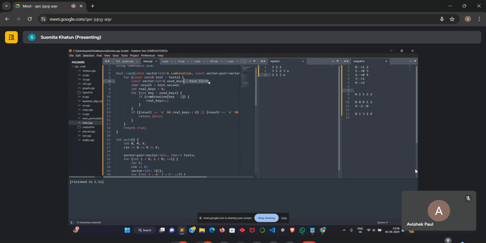So in order to access that, we will make one array named used key, and we will store that possibility in it, and then we will make another variable, result, and we will store whether the door opened or not in result. Okay, now